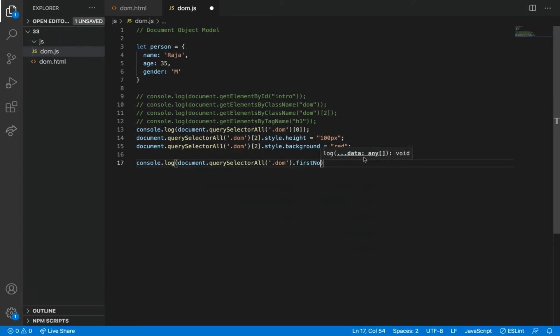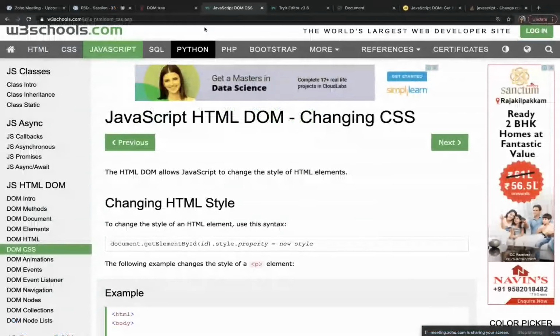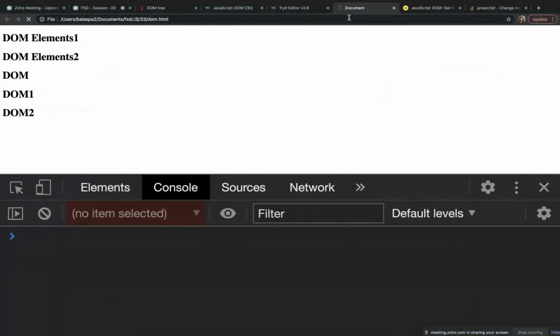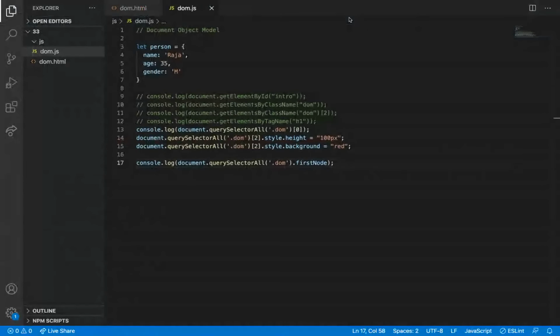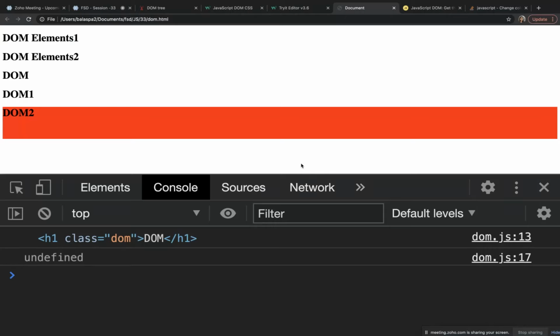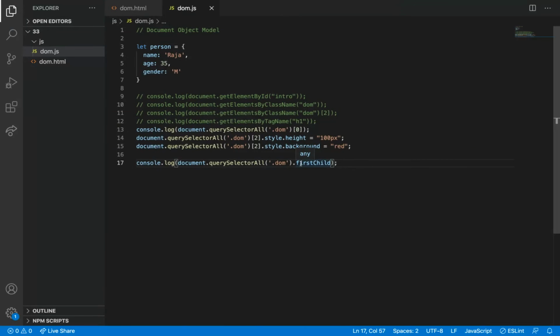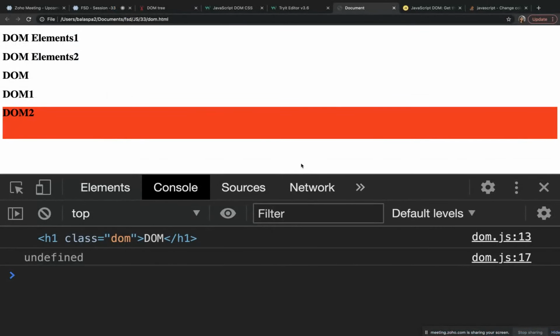First node. I'm not sure. I'm checking. No, undefined, right? If we search the syntax, we will get it on the internet.